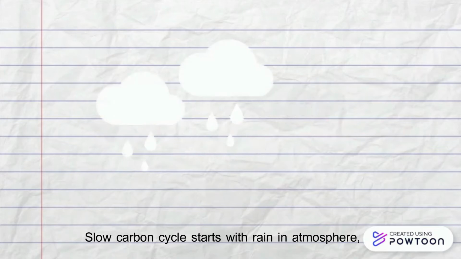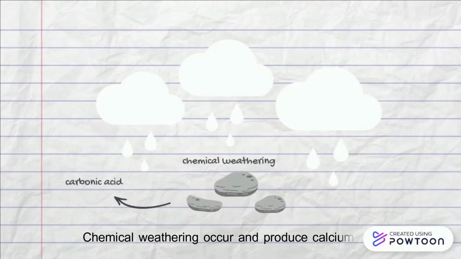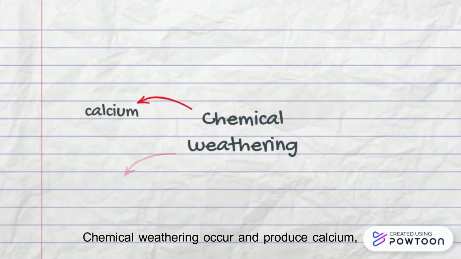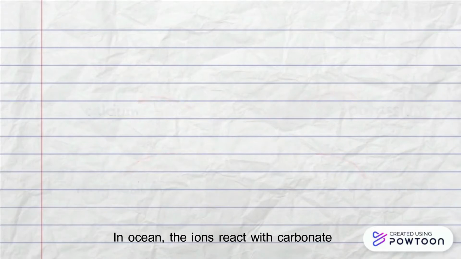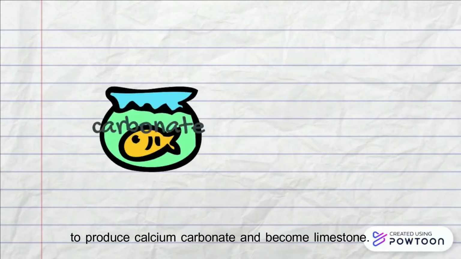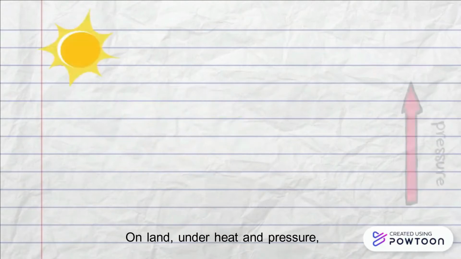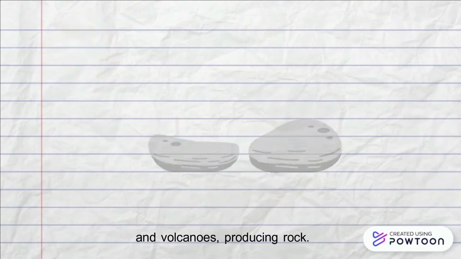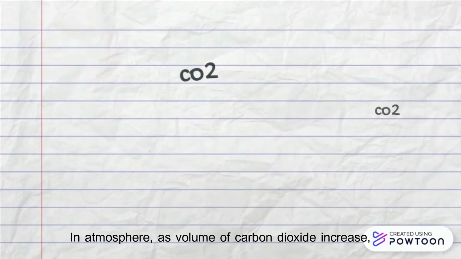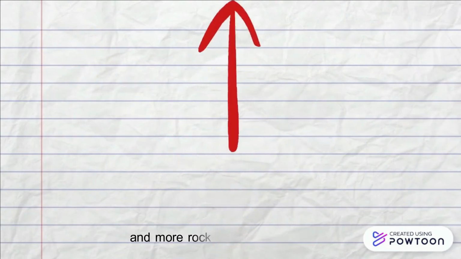The slow carbon cycle starts with rain in the atmosphere, then carbonic acid on rock. Chemical weathering occurs and produces calcium, magnesium, potassium, or sodium ions. In the ocean, the ions react with carbonate to produce calcium carbonate and become limestone. On land, under heat and pressure, carbon dioxide is released from the combination of mud with carbon and from volcanoes, producing rock. In the atmosphere, as the volume of carbon dioxide increases, temperature will rise, more rain will fall, and more rock will be